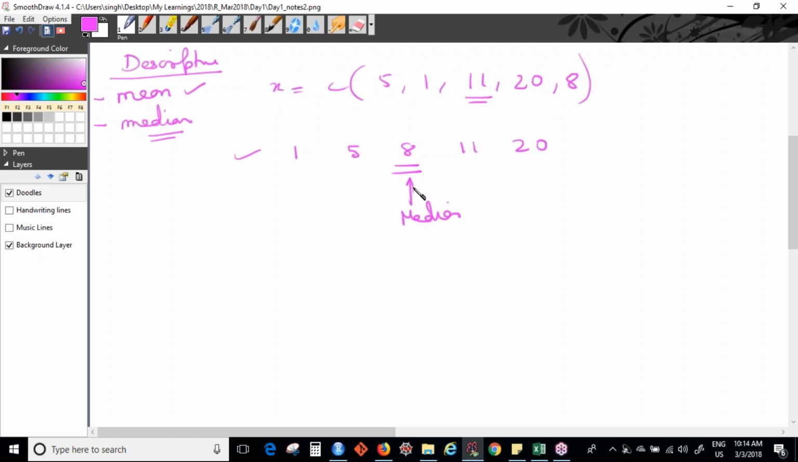Now what if I had one more here? Let's say I had 25. Now there is no one particular middle value. Both 8 and 11 are your middle values. So how will you find the median in this case? In this case, how will you find the median? If your number of elements are even, then